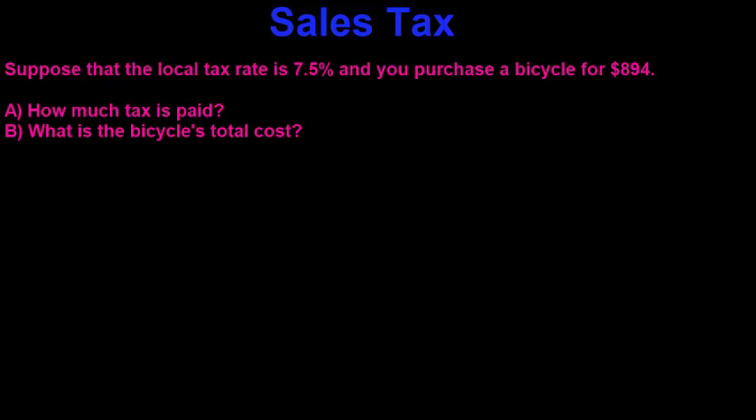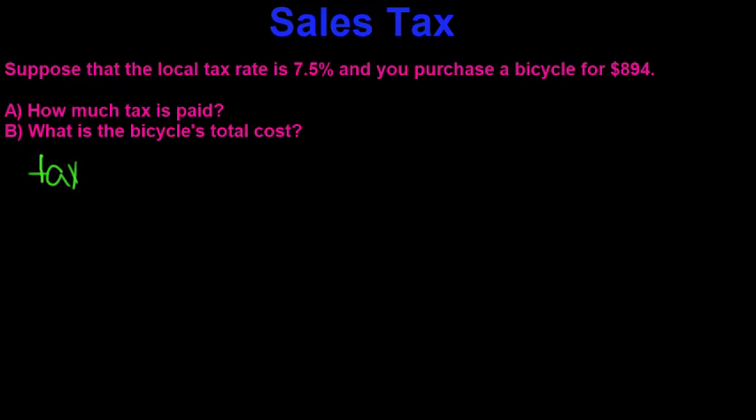Suppose that the local tax rate is 7.5% and you purchase a bicycle for $894. We want to see A, how much the tax is paid, and then B, what is the bicycle's total cost. So to calculate how much tax is paid, we want to use this equation, which is